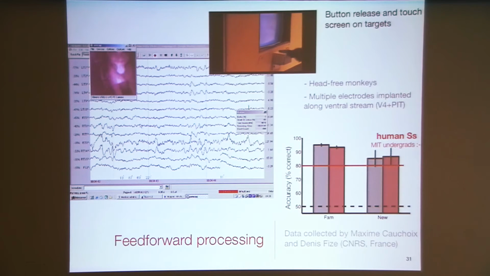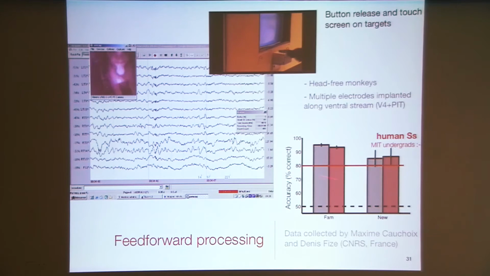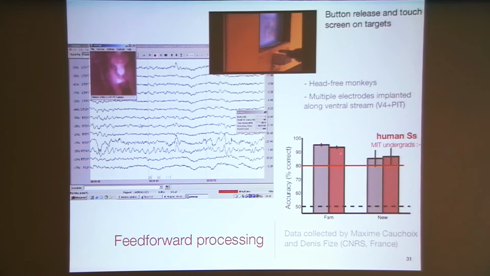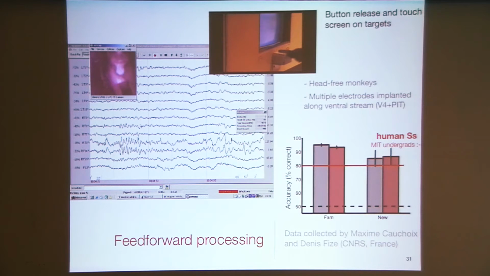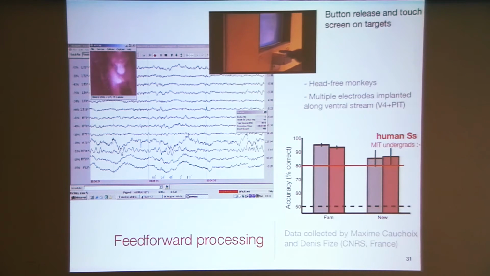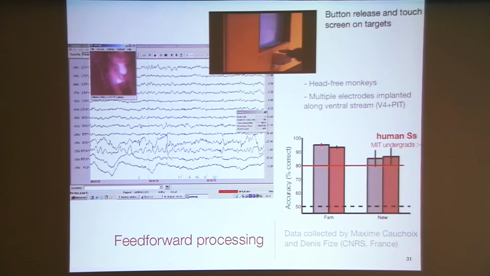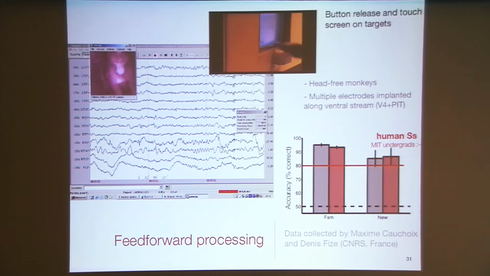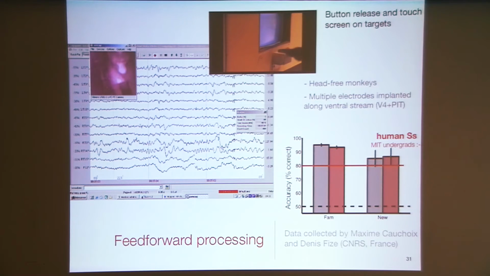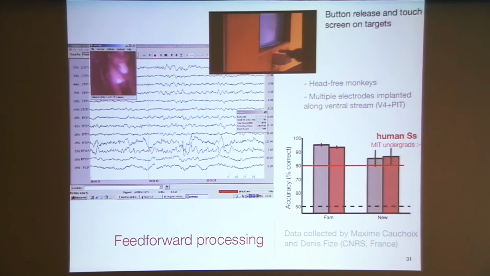To my great surprise, the monkeys were actually quite good at doing the task. On a familiar set of images, they were very close to human performance, well above 95% accuracy. I was pretty skeptical about that, because they use a relatively small set of about 300 stimuli for the monkey, and I suspected that maybe the monkey was just memorizing individual examples.